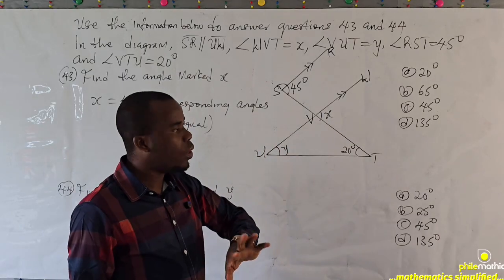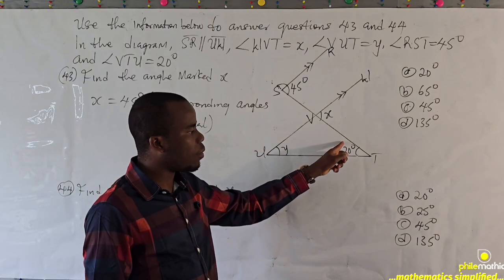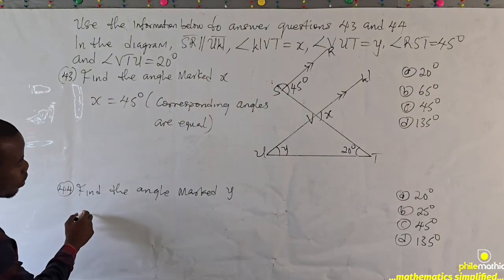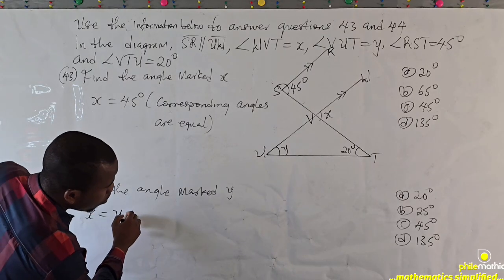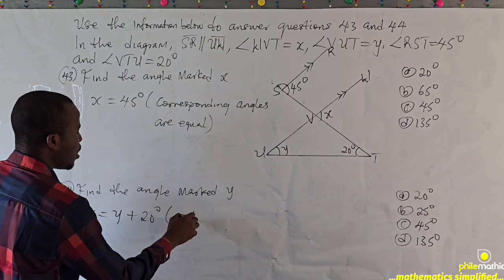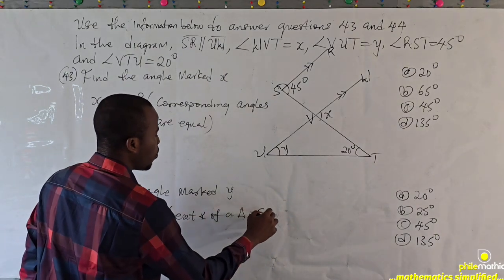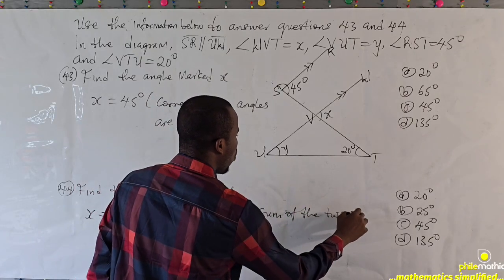To find the value of Y, which is this, we have this exterior angle of this triangle. We know that this angle is the sum of this angle and this angle. That's the relationship we use to get it. So X is equal to Y plus 20 degrees. The reason is exterior angle of a triangle equals sum of the two opposite